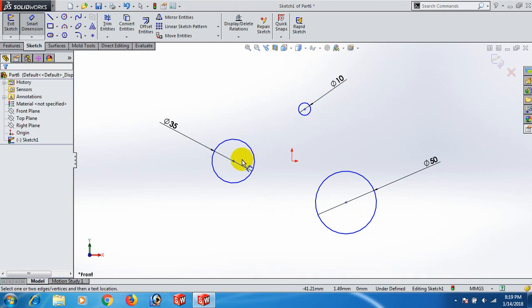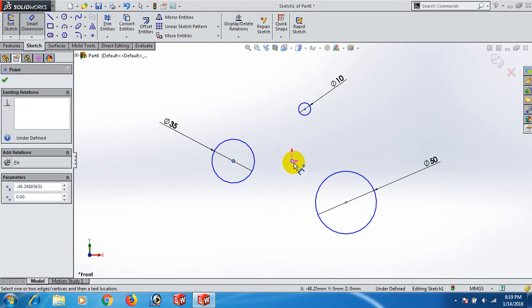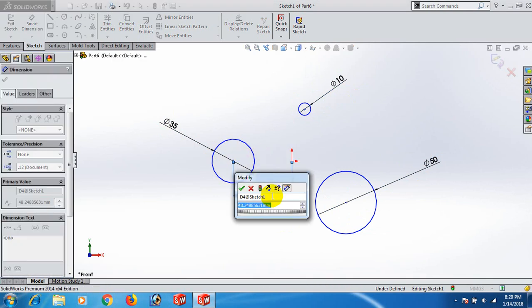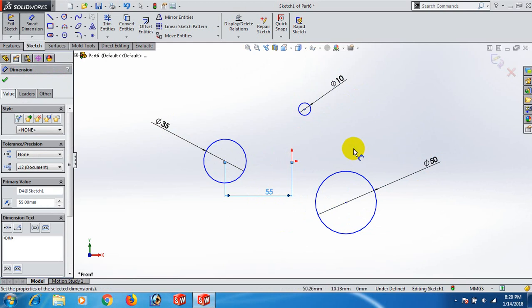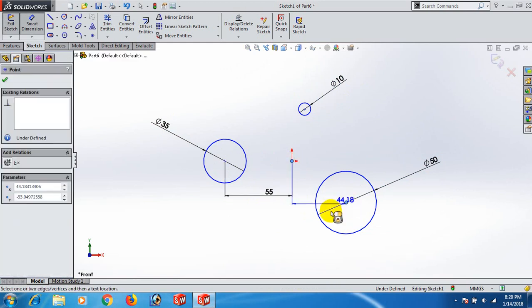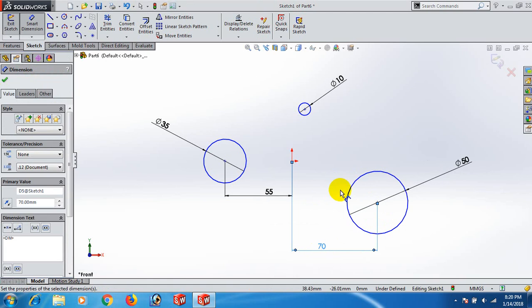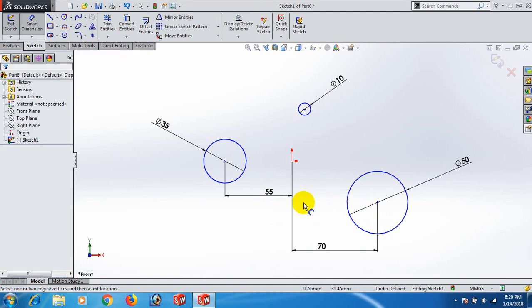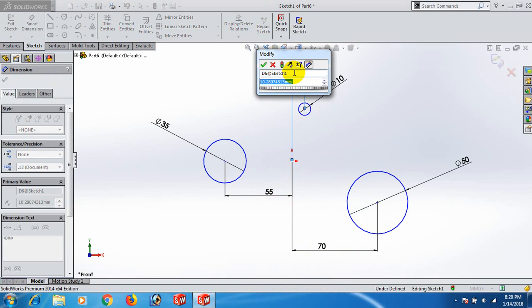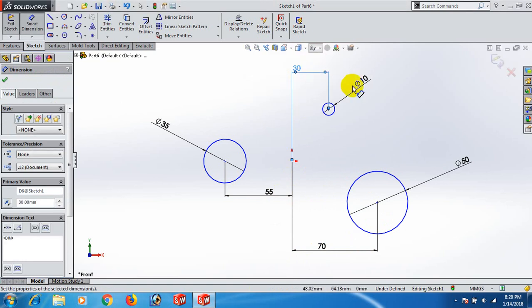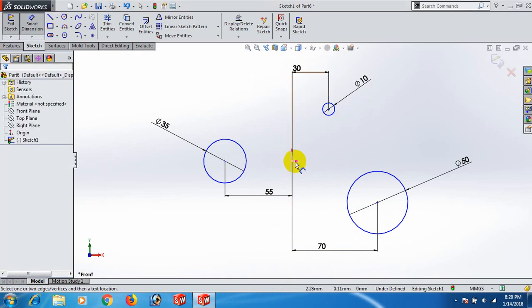Okay. Now this circle and this circle distance 55 and this circle and this circle distance 70. Okay. Now this point and this point distance 30. Okay. This point and this point vertically